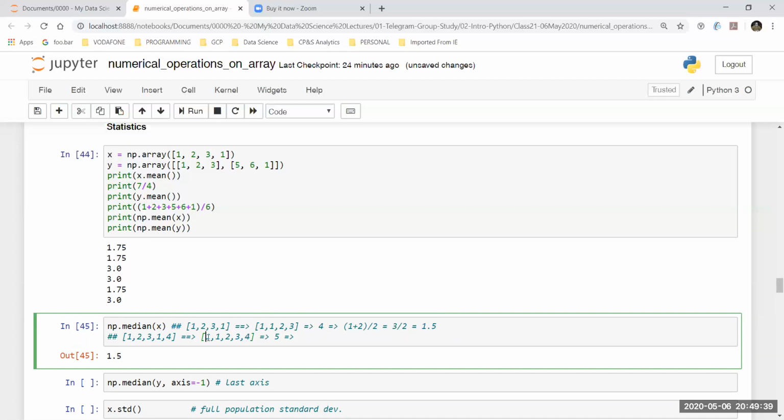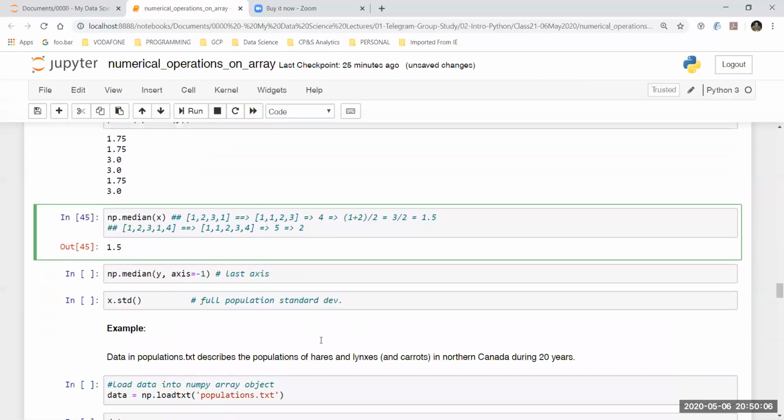In this case, what I'm going to do is selectively continue crossing one item from each side. So cross one from start, cross one from end. It leaves us with 1, 2, 3. Cross one from start, cross one from end. Then it leaves us with the middle number. So median is basically the technical or mathematical middle number of a list of numbers. So in this case, it was a simple answer. If I had an even number of items, I will take the two middle values divided by 2. If I have an odd number of items, then it is very easy to calculate the middle. Okay, so in this way, median is calculated.